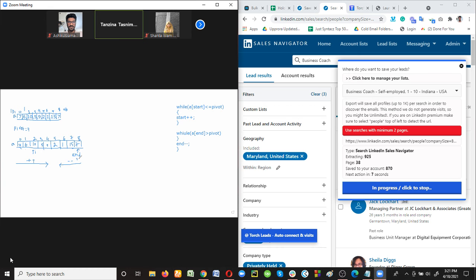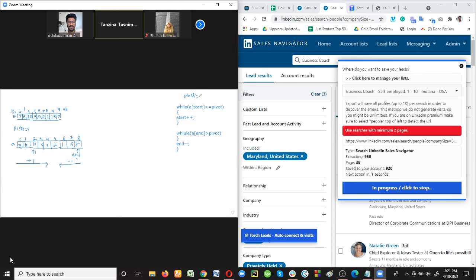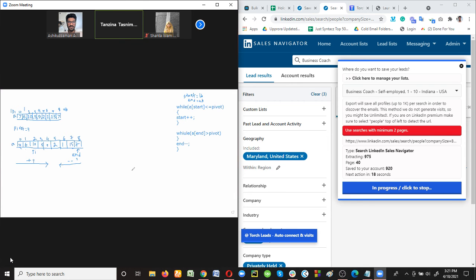Is that clear? And once it gets stopped, we have to start from the beginning and from the end again, because we are initializing the pointers this way. Look at this: start equals lower bound and end equals upper bound. Clear?